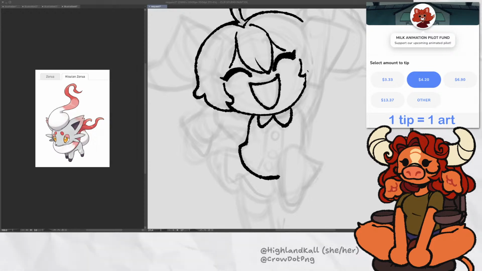And then we have one from Eliana saying, hi, could you draw Moomin or Snufkin? They are both from the Moomins franchise, by the way. I think they'll suit your art style a lot. Best of luck with the pilot. Thank you. Yeah, I could definitely do that too. Let me finish up this one.